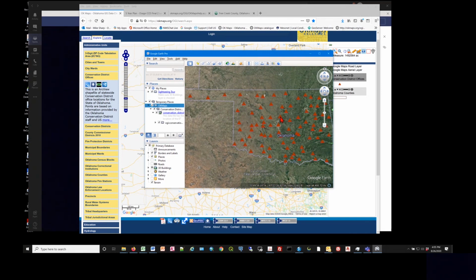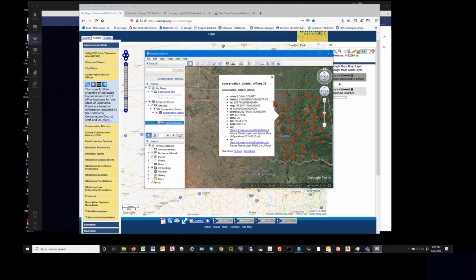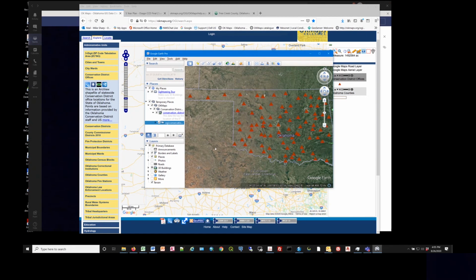We can click on the icon, and we can see that we have the same information available here in Google Earth that we have in OKMaps. If you want to use this layer in Google Earth without having a network link or connection to OKMaps, you can save this file,